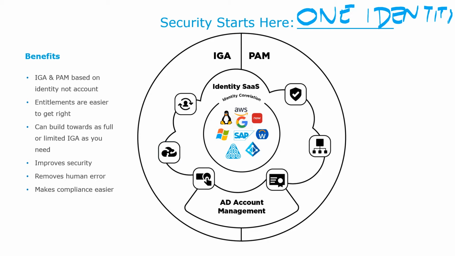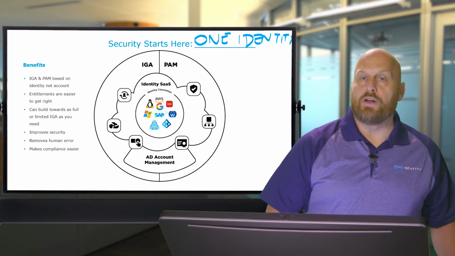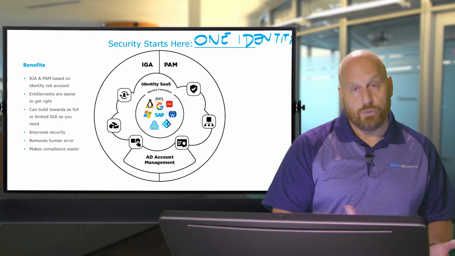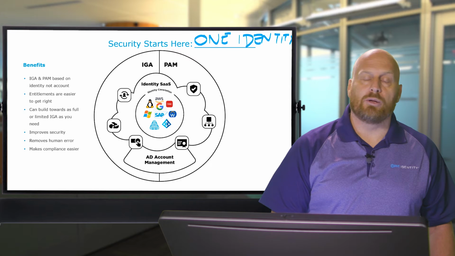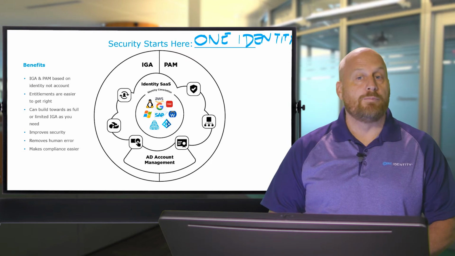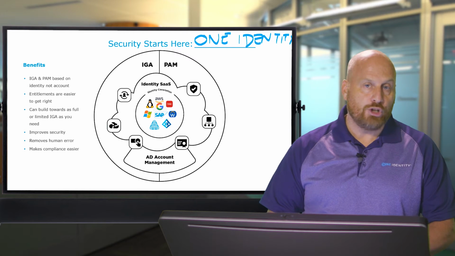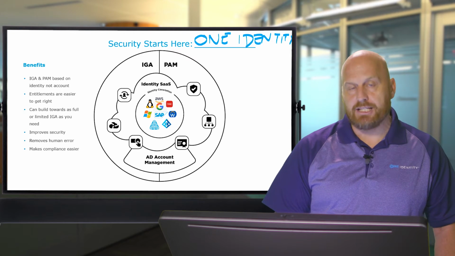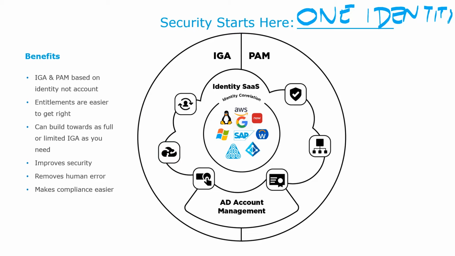So here's a much cleaner version of that diagram. Let's talk about how it works in the AD environment. Let's say that you're not equipped to do a full IGA solution, which they're available, but they're a little more complex and they could be expensive for some people. And you're not equipped to do a full PAM implementation yet. But you can solve a lot of those problems by basing your things on AD. So maybe you're going to implement an Active Directory account management solution that's going to allow you to do the provisioning, do the workflows, everything you need to get that access right.